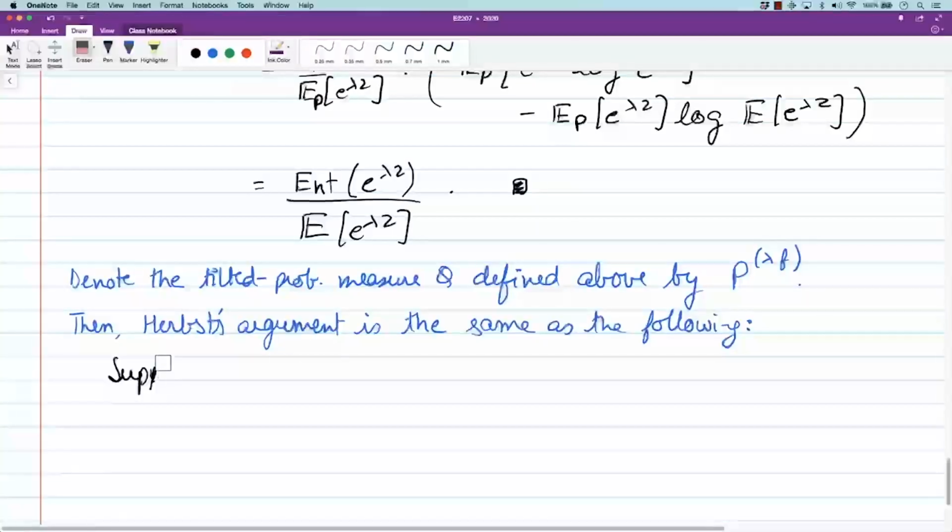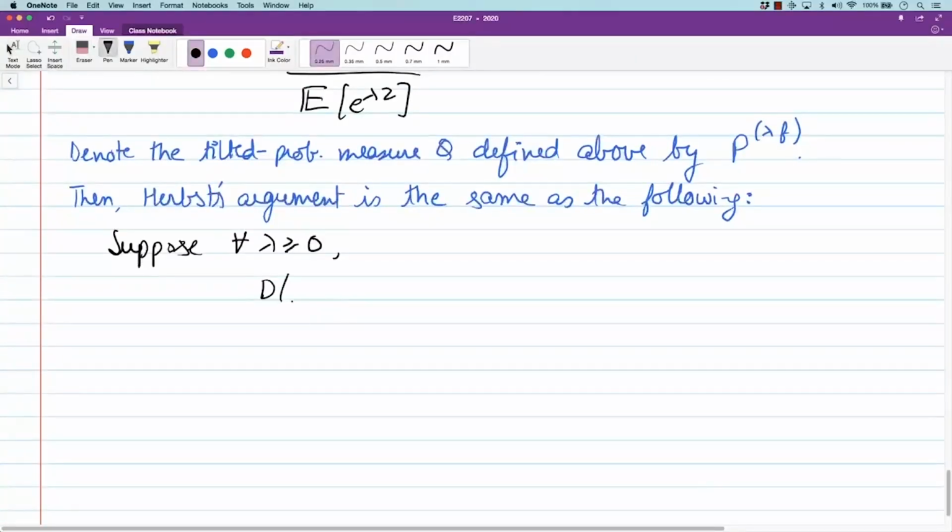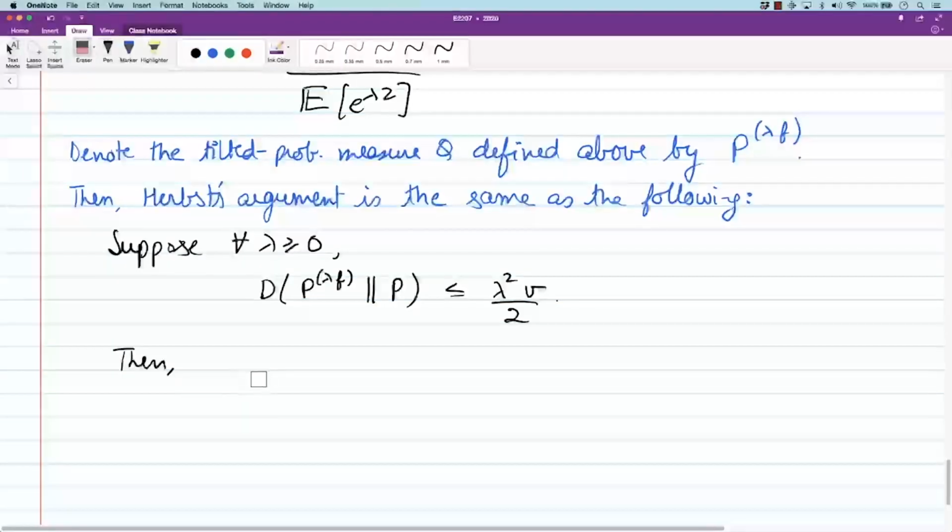Suppose for all lambda greater than or equal to 0, the divergence between Q_lambda f and P is less than or equal to lambda squared v by 2. Then the log moment generating function